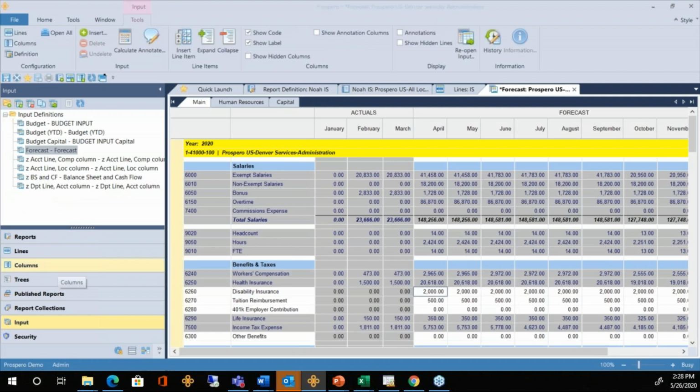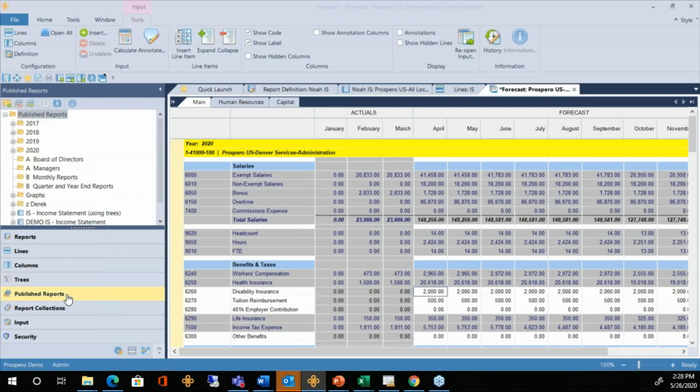A couple other buttons on the lower left-hand side I want to mention. We just looked at trees, published reports. This is a list of all the reports that you ever archive. So every time you run a report, it does not save that copy, but if you want to keep that copy as a static copy so that you know what you passed out on that day, then you publish it and it's stored in this section for published reports. You can set these folders up for any which way you want to organize these. Usually it's by calendar years and then months, but you can set up any folders to organize these any which way you need to.